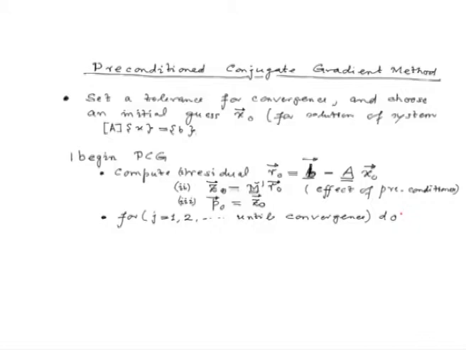Okay, so, now let us write down those statements which are to be done at each iteration. We will compute a few scalar quantities which are required in our algorithm. The first scalar quantity which we are going to compute is alpha j, which is given by